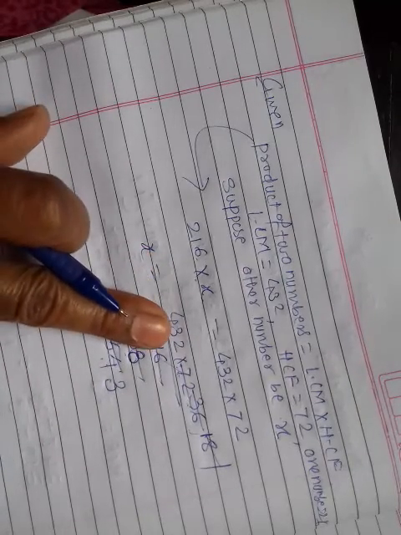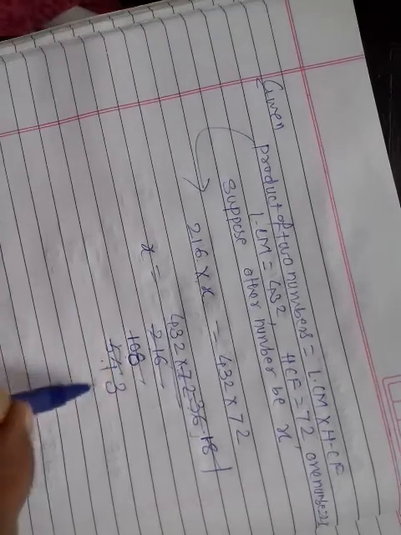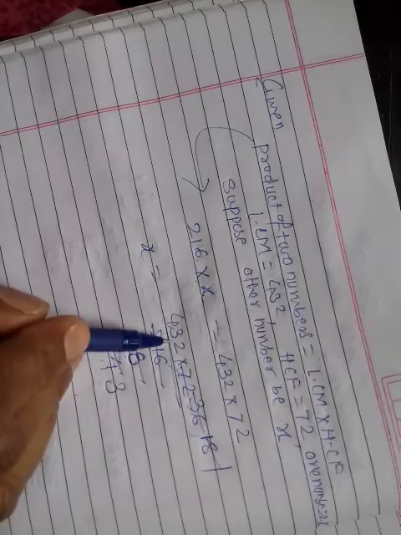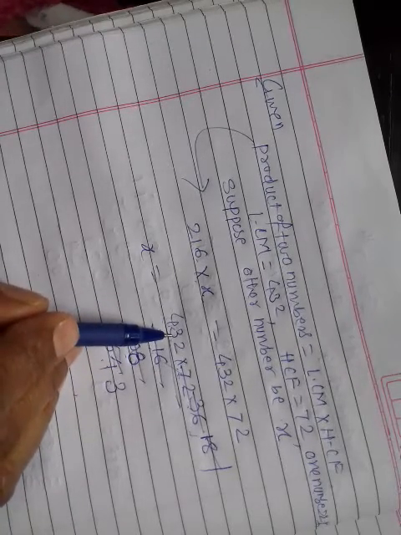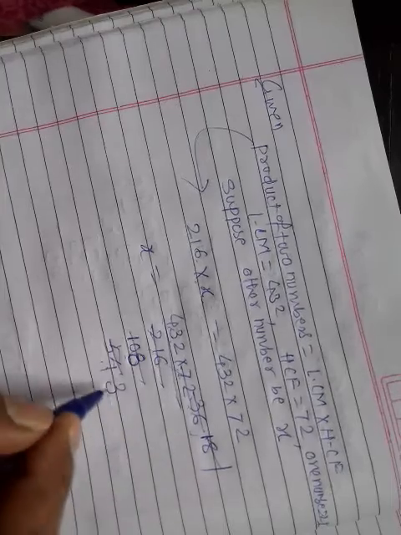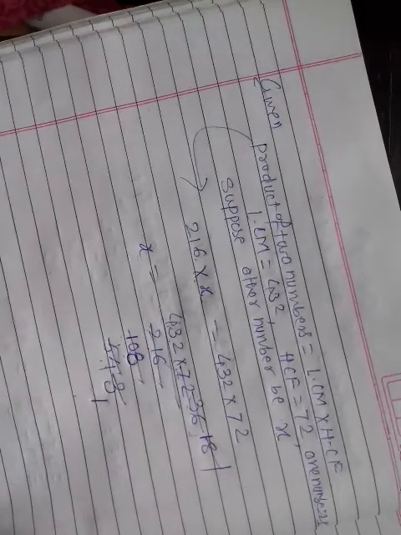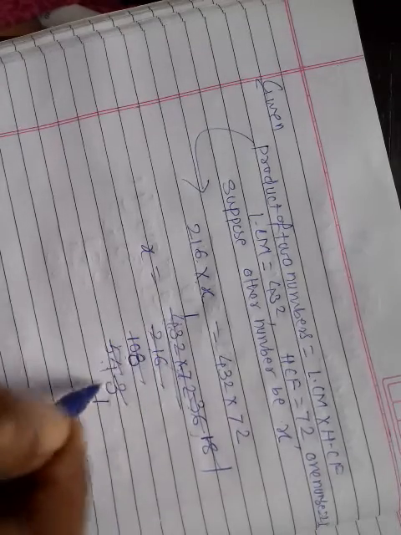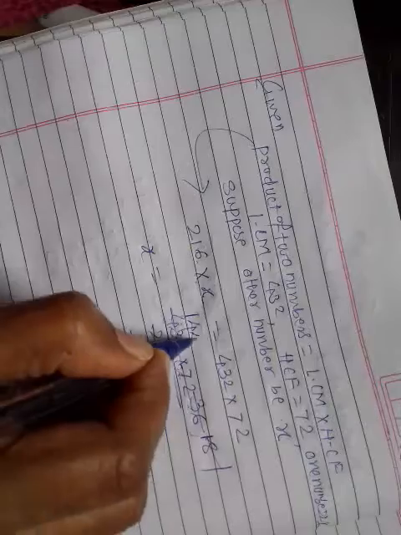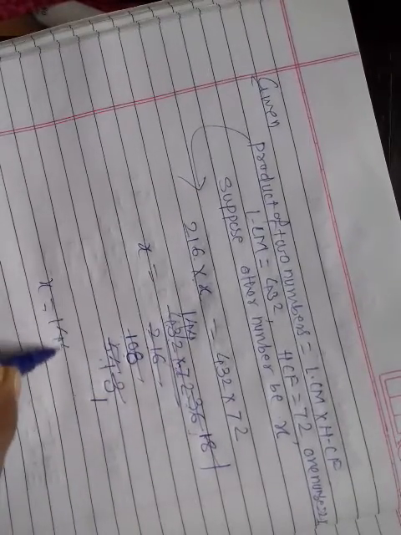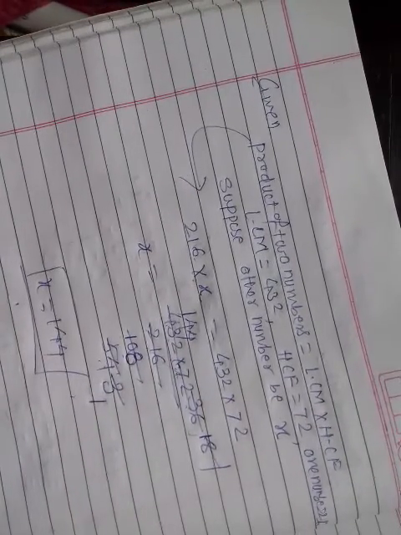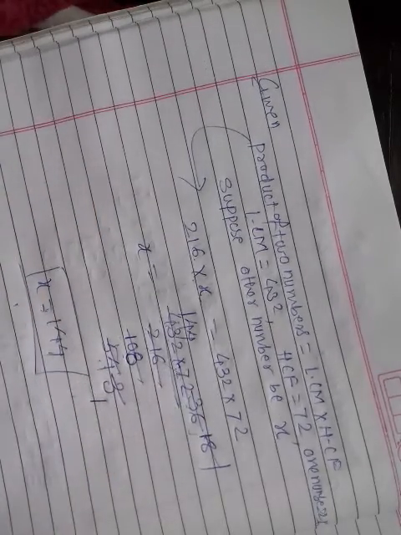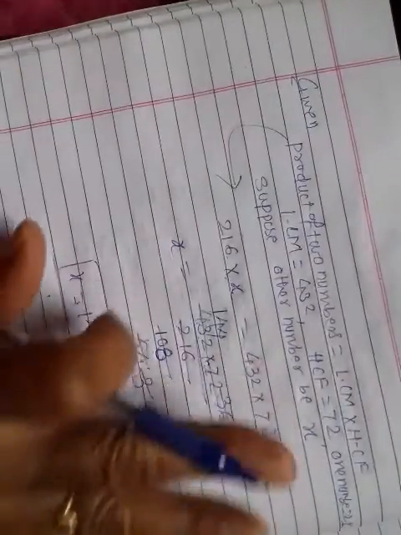Now here upside I got 432 and down 3 is there. You just add their digits; if it is in the table of 3, then it is divisible by 3. See, 4 plus 3 is 7, 7 plus 2 is 9, means it is divisible. So directly I can start: 3 ones are 3, 4 minus 3 is 1, 13 became, 3 fours are 12. So X I got 144. It's the other number. If you check the product of 216 and 144 and these two, you will get the same. You can tally this one.